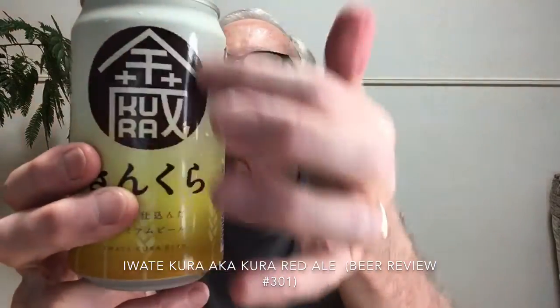They have a can designed by the design company called Nendo, which is a very innovative company. You can check them out online. They have done a design for the cans of Iwate Kura, and they have incorporated several elements into this. So what this says here is Kin Kura, which means kind of gold Kura. Kura is a warehouse or a storehouse,